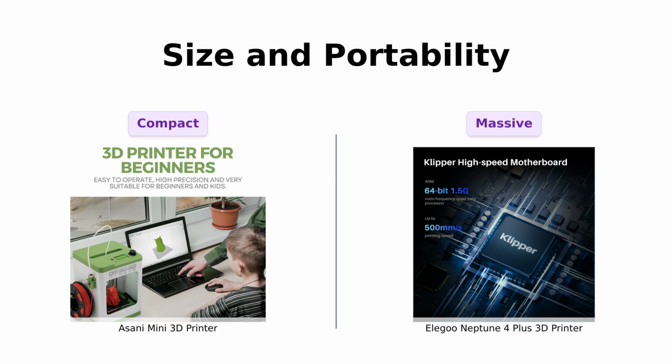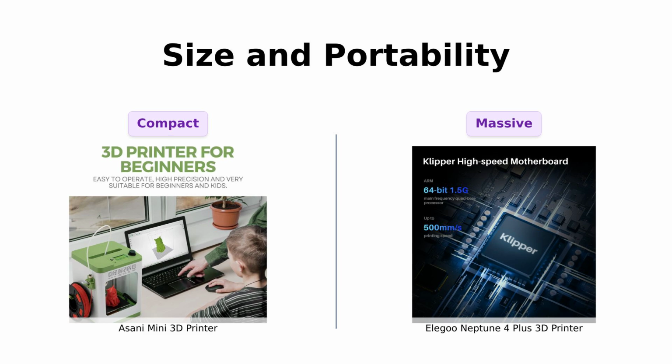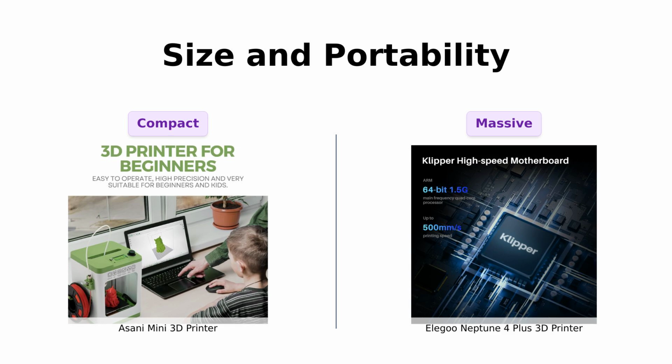Asani Mini is a petite powerhouse, measuring just 8.3 x 8.3 inches x 11.4, and weighing in at a featherlight 6.6 pounds. Perfect for your dorm room, your classroom, or even